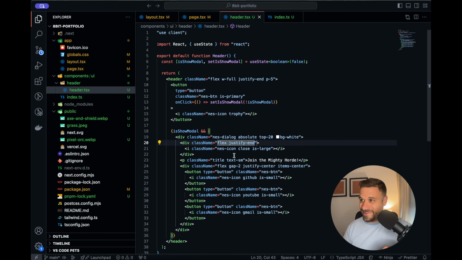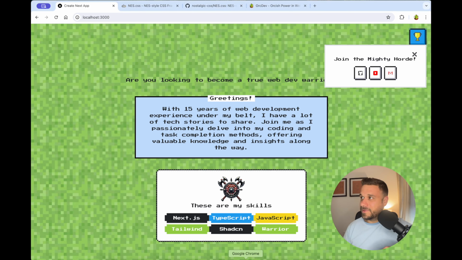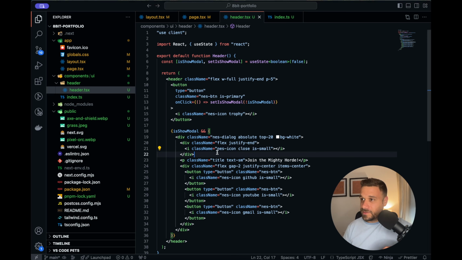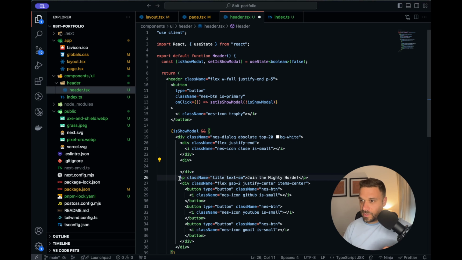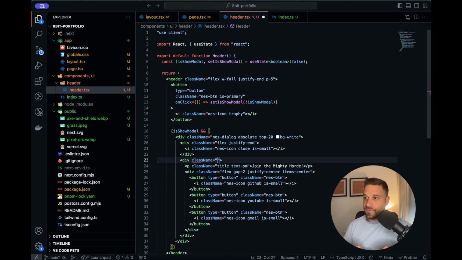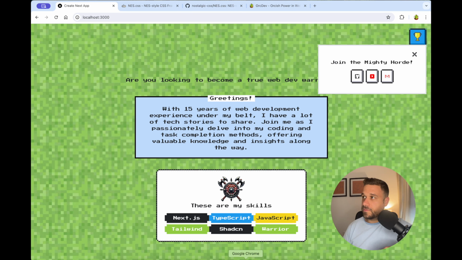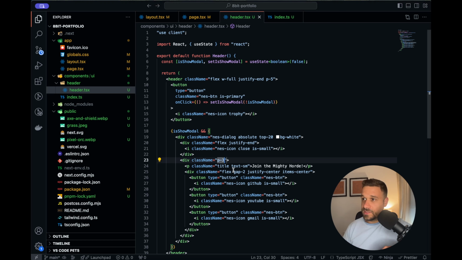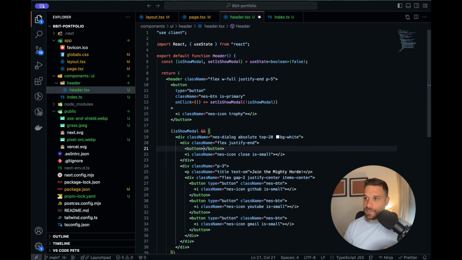Okay, it's there, but we need to put it to be small, like this. Nice. And just here we can put this one inside one div and put a little bit of padding, maybe 3. Yeah, so now it's a little bit separated. It's not that close to this X, and X is going to be a simple button